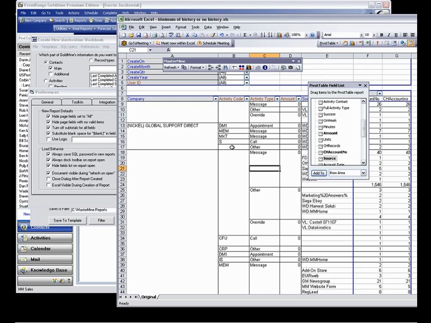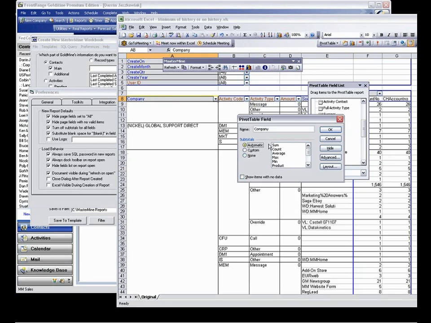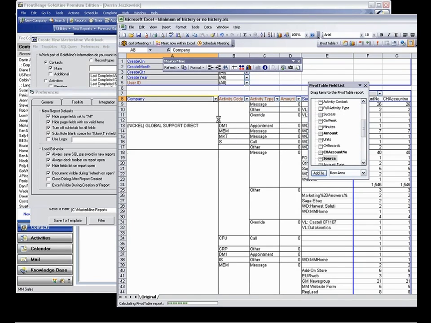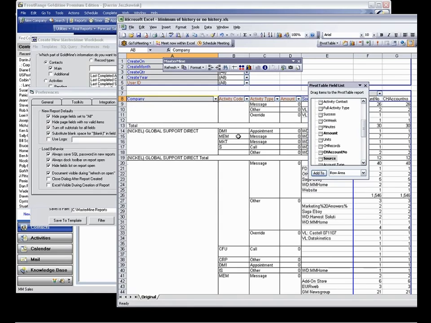Now, if you want to have subtotals, of course, you always have the possibility of turning on the subtotaling for any given field. So if I go here and just turn that on, now I've got subtotaling just at the company level, but for each individual within company, they're no longer subtotaled. So for the preference page, when you first install Mastermind, what is the